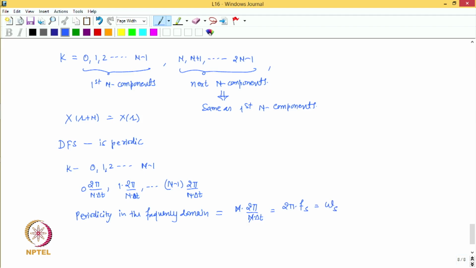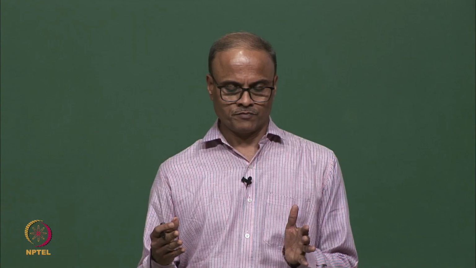So, it means after a frequency range whose higher frequency is omega s, the frequency spectrum would repeat, the discrete Fourier series would repeat. Therefore, we see that